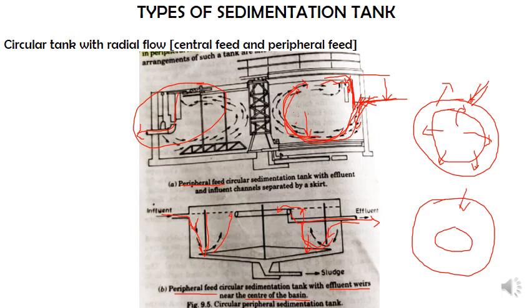Your inlet is at a lesser height, you can check it out. This is the top level, the inlet is below that, so that is entering over here. It will ask the water to go down and then move up. So this is nothing but the effluent channel. Water will ultimately enter into this channel, and in turn it will be taken to the next treatment unit through certain pipe arrangements.